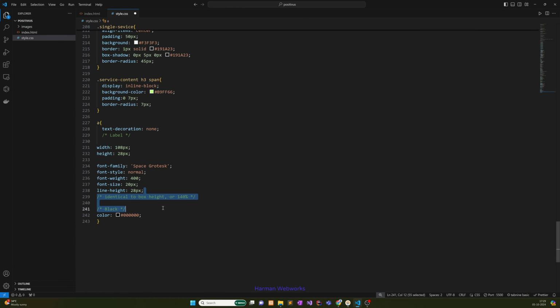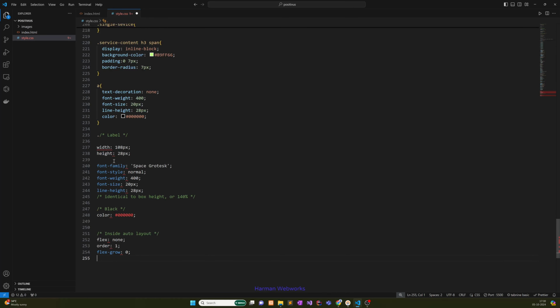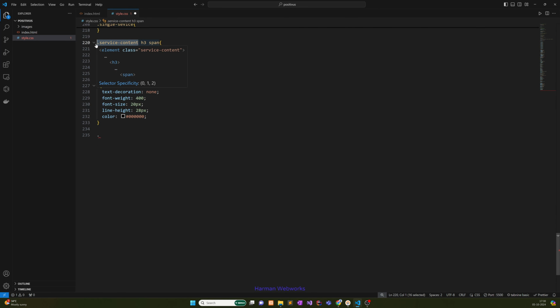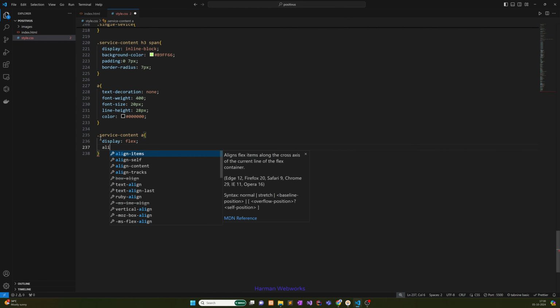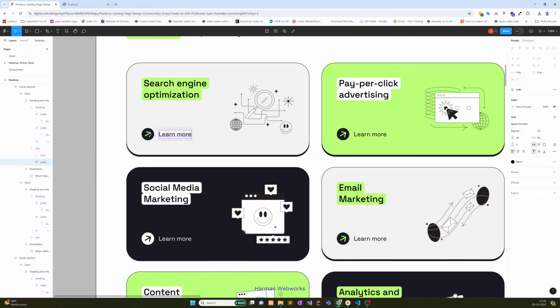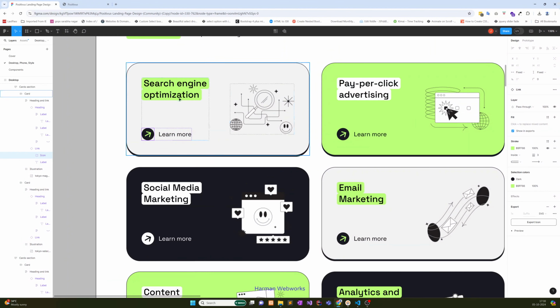We need this one only, this one, and this one. Okay, controls. We need to now style service content a. Okay, display flex, align items center, and gap will be 15 pixel. Now here also we have a gap. Okay,